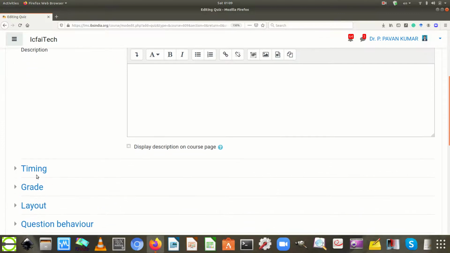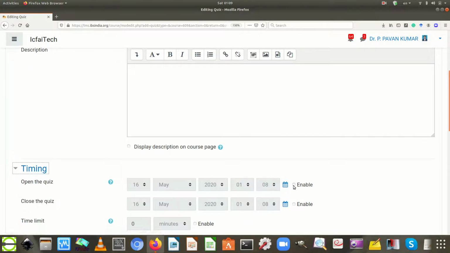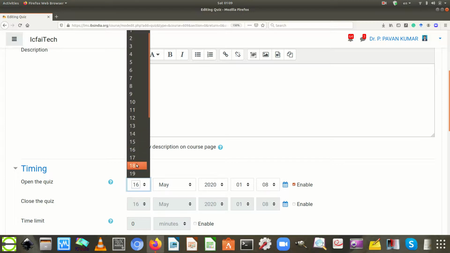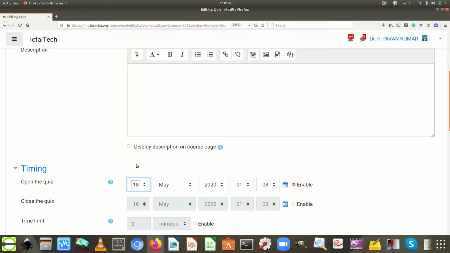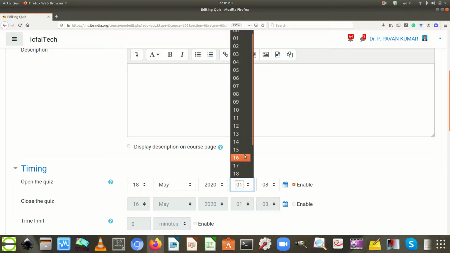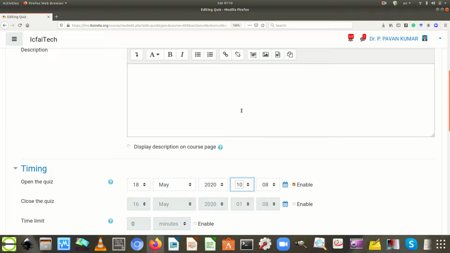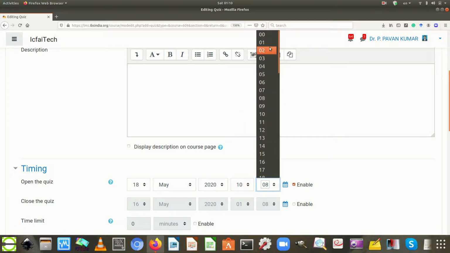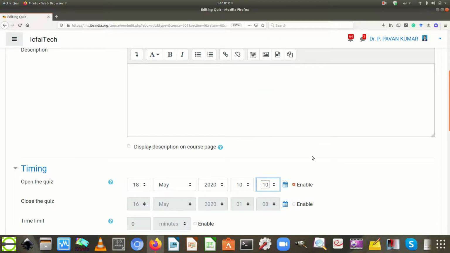Move to the timing option. Enable the open the quiz option and select the open the quiz date, which is greater than the current time, and select the particular hour in which the exam needs to be organized. In this case, 10 hours, 10 minutes is the time of opening the quiz.